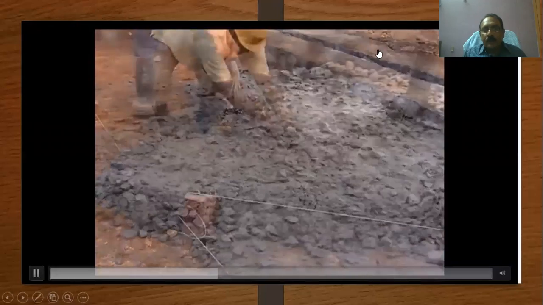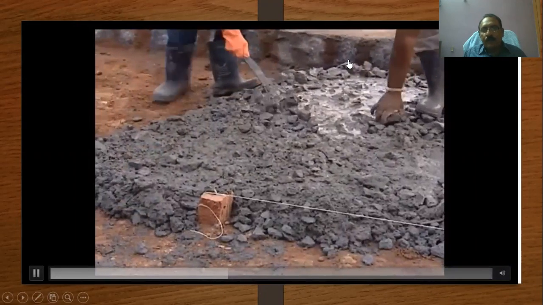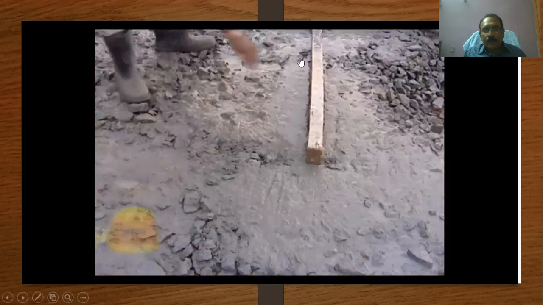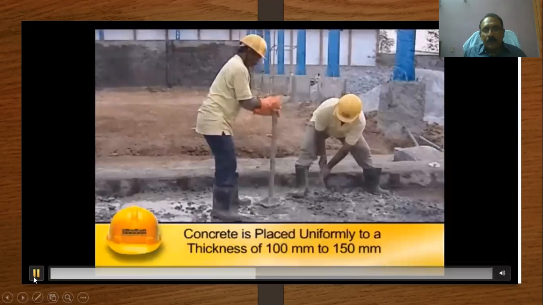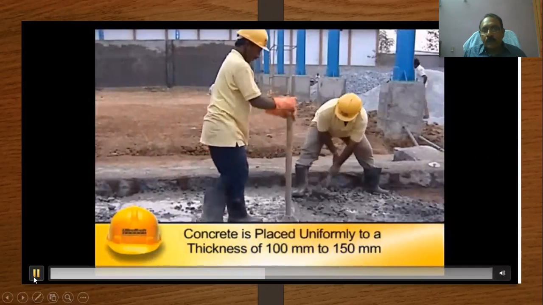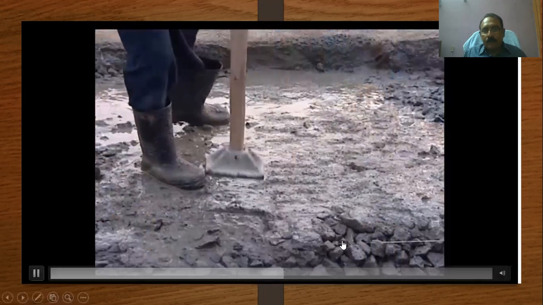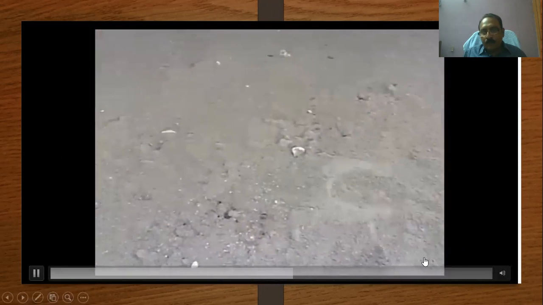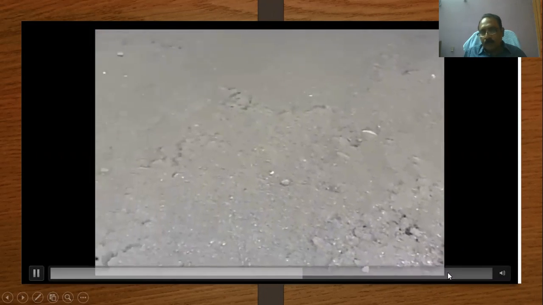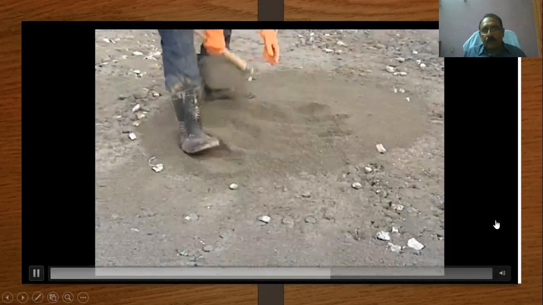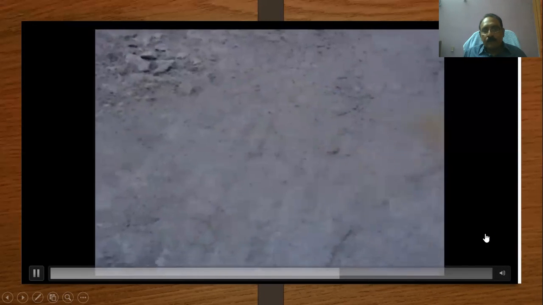It is mixed thoroughly either in mechanical mixers or by hand mixing, depending upon the volume of work. The concrete is then placed uniformly to a thickness of 100 mm to 150 mm and is thoroughly compacted using rammers. It is to be ensured that the aggregates are well embedded in the mortar and there are no voids. Sometimes this may require use of cement mortar on the surface of PCC to fill the surface voids.